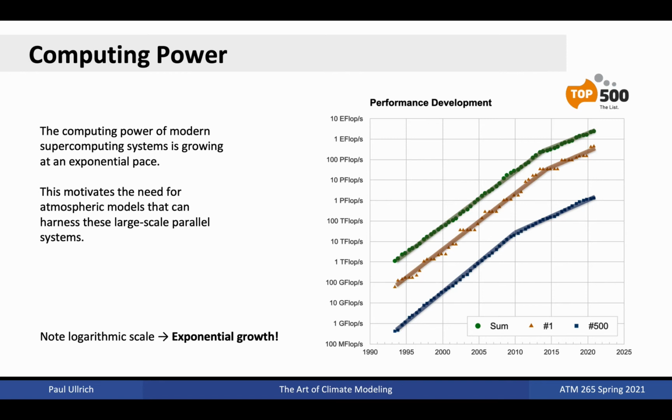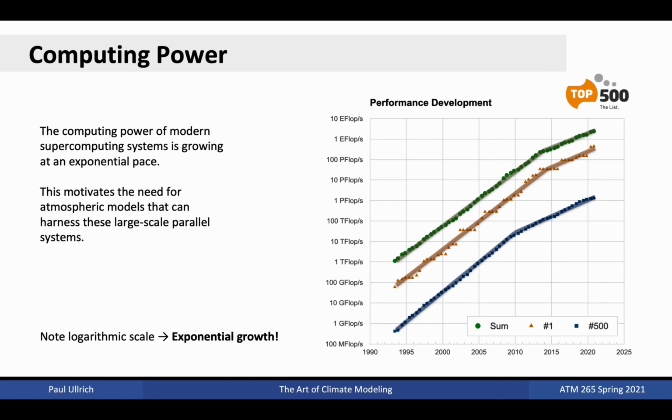The chart on the right here shows the performance of the top supercomputer in the world in orange, the number 500 supercomputer in blue, and the sum of all top 500 systems in green. The y-axis here is in number of floating point operations per second, while the x-axis is in year. Notably, the y-axis here uses a logarithmic scale, and so any straight line on this plot corresponds to exponential growth